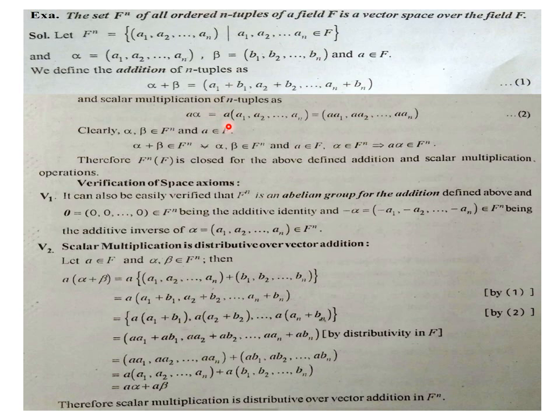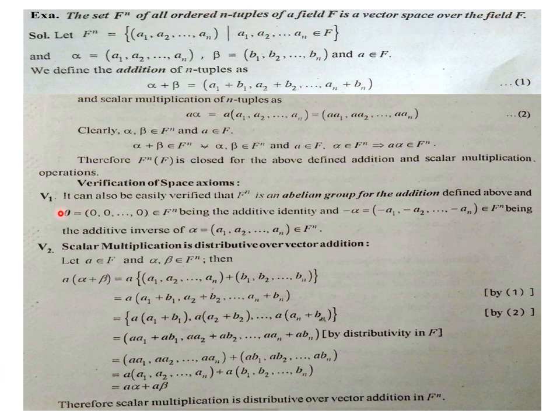And then a into alpha means a into (a1, a2, up to an), which is also defined there. For that, a is a simple element of F, and the result a into alpha is again an element of F^n. Why? Because a1, a2 up to an are all separate elements of F, so that n-tuple is an element of F^n. So this is about the two initial binary operations. Then we talk over V1 to V5 for finally saying that F^n is a vector space over field F.